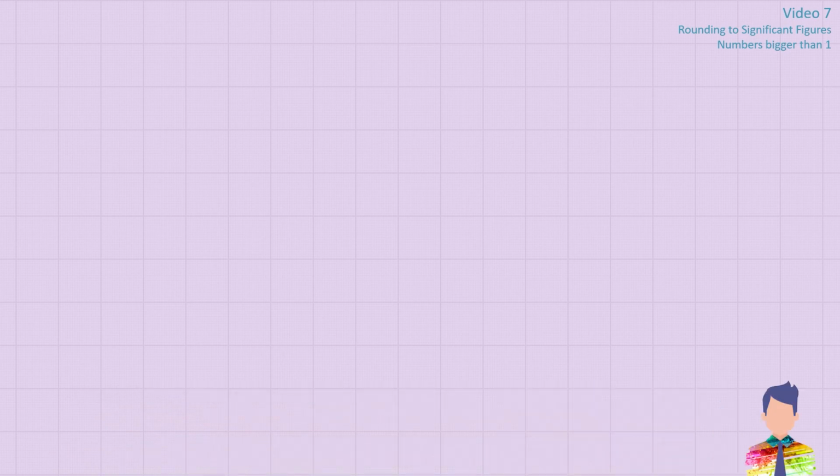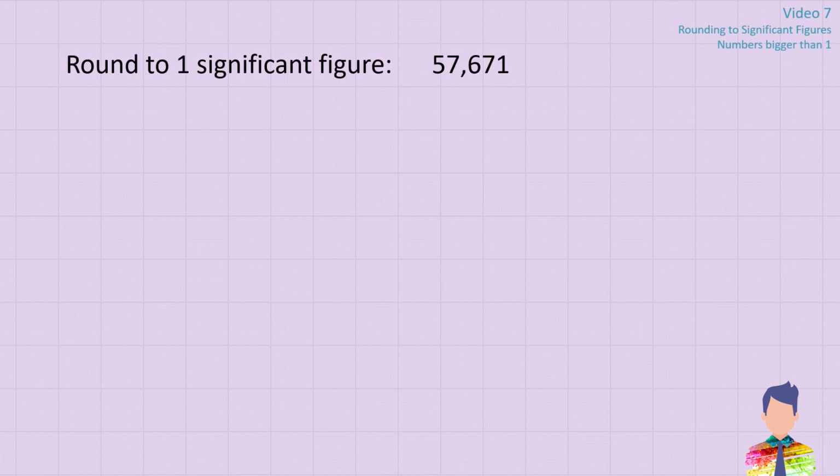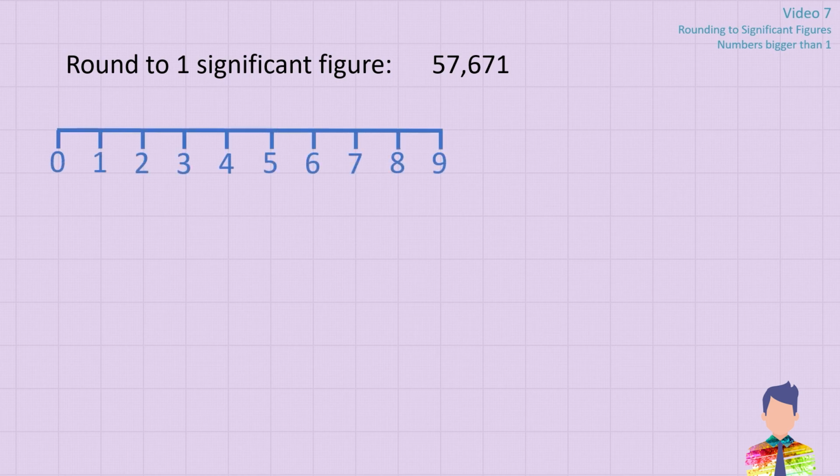So here we're looking at rounding to significant figures with numbers that are larger than 1. So round to one significant figure, 57,671. So we need to understand a few of the rules of the rounding here. So when we are looking to round to one significant figure, first of all,